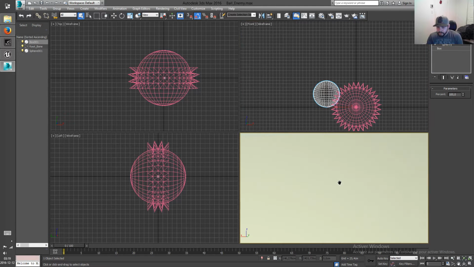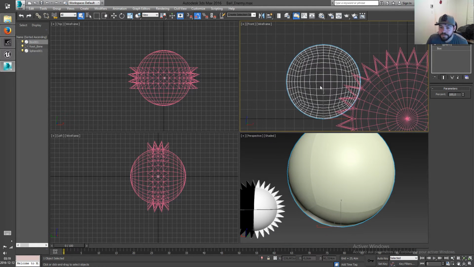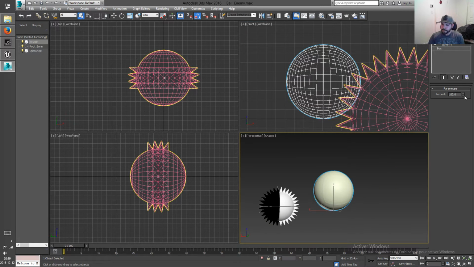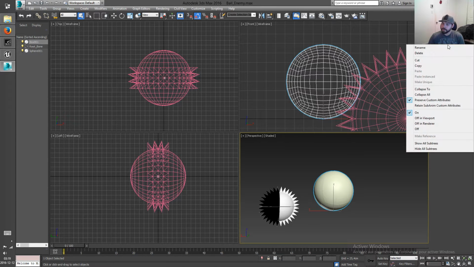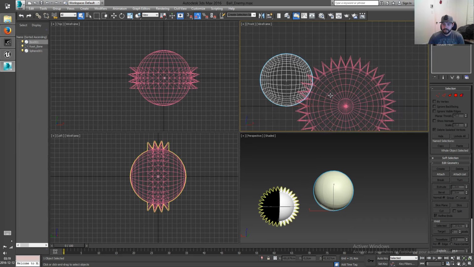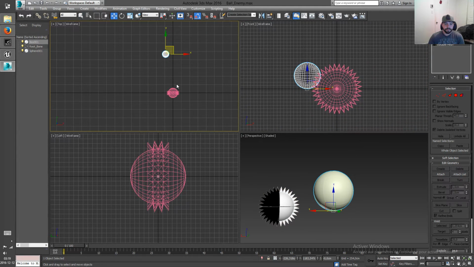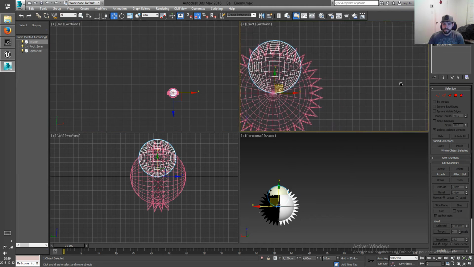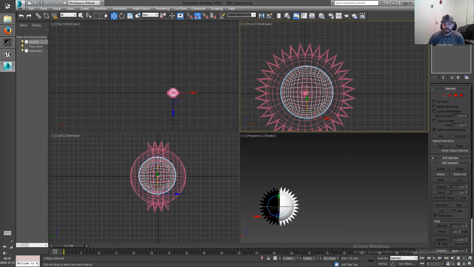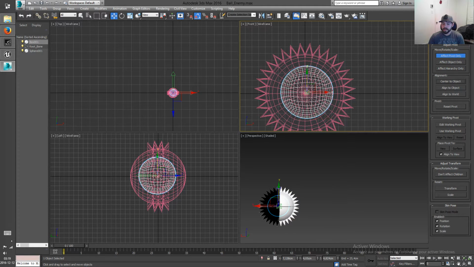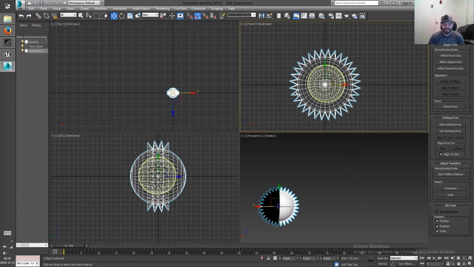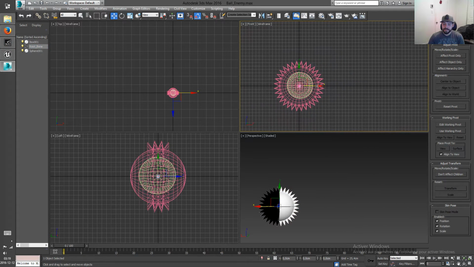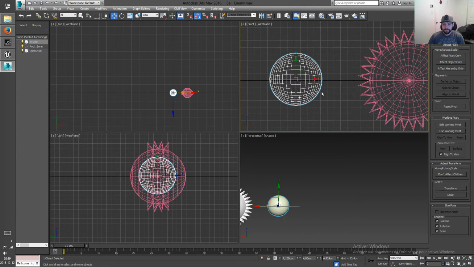Spherify. Okay. Now that leaves us with a lot of square polygons. That looks pretty good. Okay, and if we just hit collapse, it stays like that. Awesome. Really awesome. So now this one, I might actually be able to put spikes all the way around it instead of creating a mohawk. So if I just move this one away a little bit and make this one bigger,